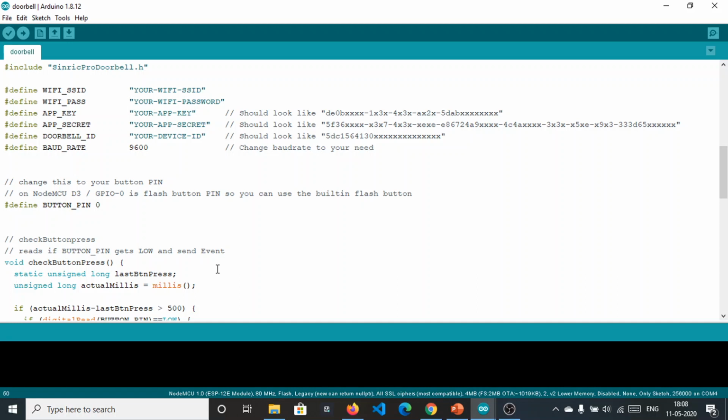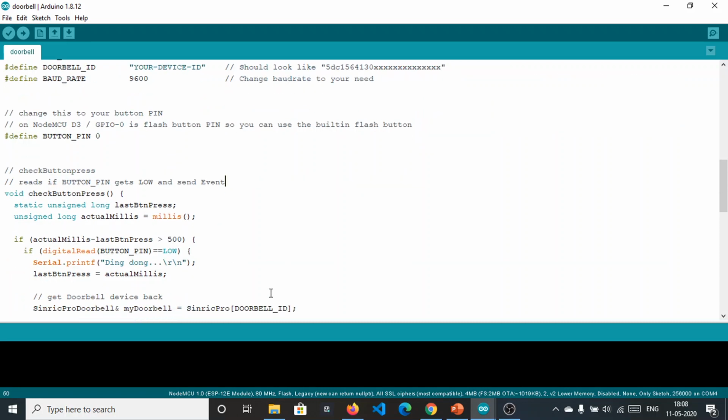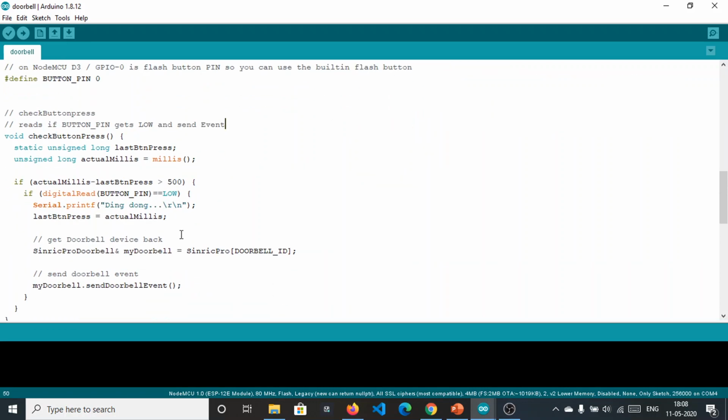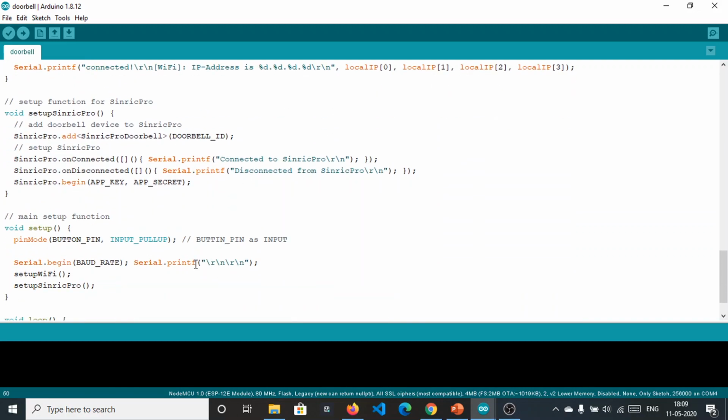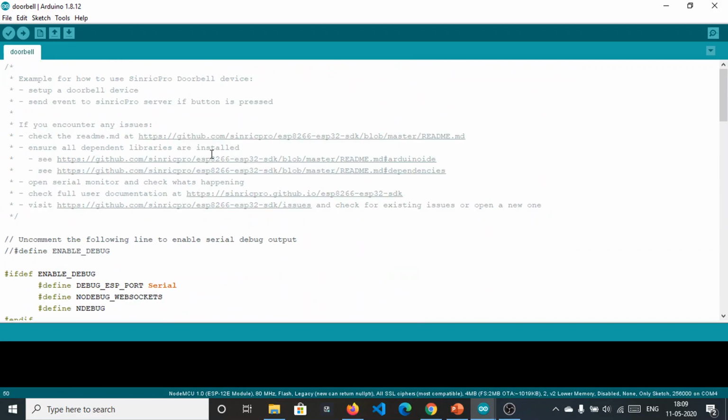You need some actual Alexa Dot or Echo device, so that you can perform the doorbell action or the doorbell voice of ding dong. So don't waste your time on the doorbell sketch.